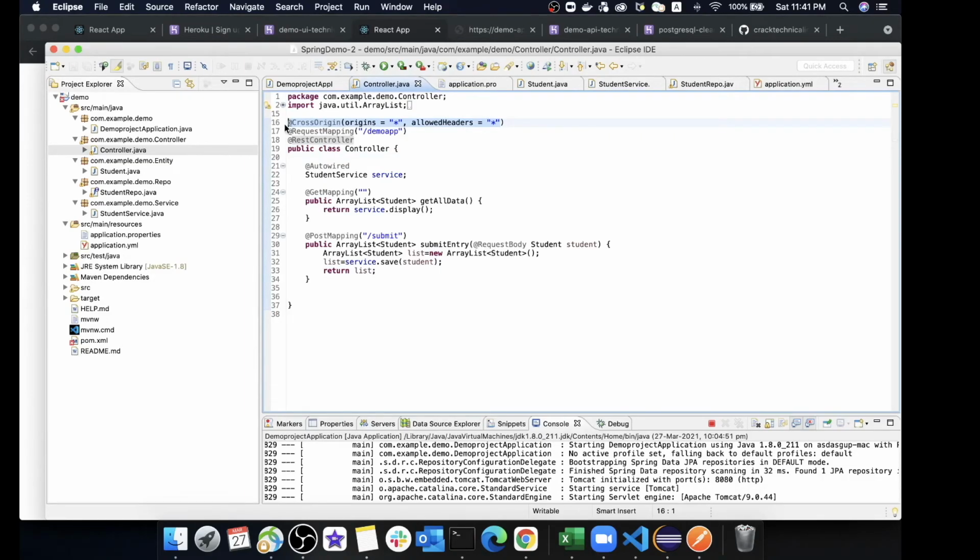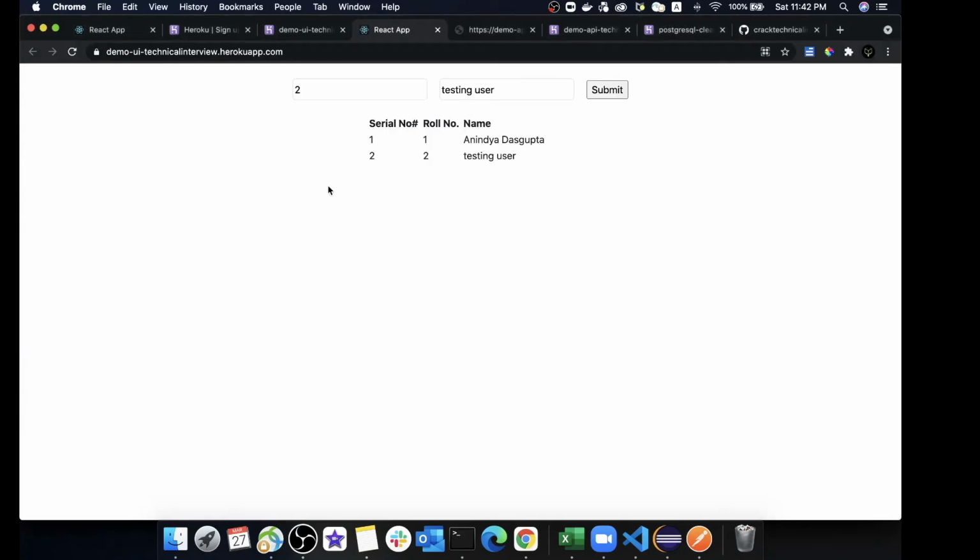To be very specific, you should not allow star here; rather you should give the proper URL from which you are expecting the API calls. Here we are expecting our API calls, that is the fetch API and the submit API, from our front-end application, which is deployed on this host URL. So we just have to provide access to this URL.